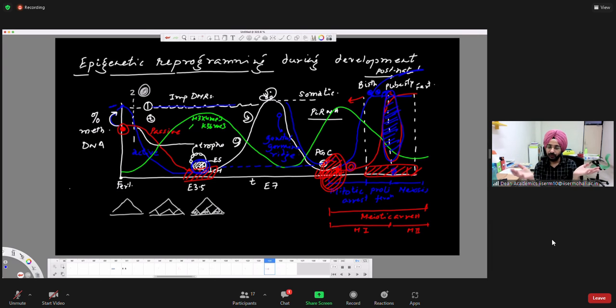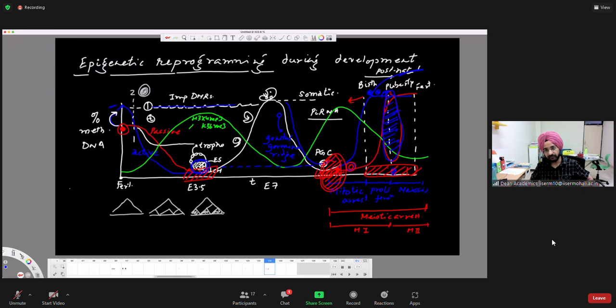What do you think? Why are these trajectories going up and down? There has to be a cause. What's the cause here? I'll answer that: in the case of the germinal ridge, it's the environment, it's the hormones. For example, the female germline environment, the male germline environment, the embryonic environment, the morphogens, the hormones and all that. So if epigenetic changes are happening, always remember, it has something to do with the environment. There has to be some signal which tells the epigenome.